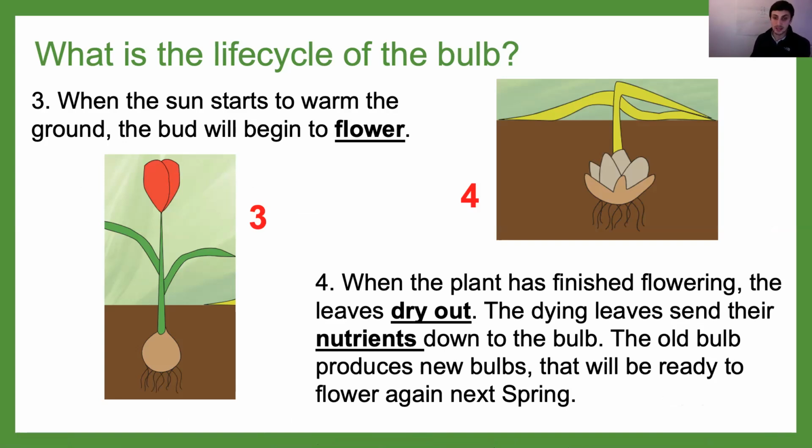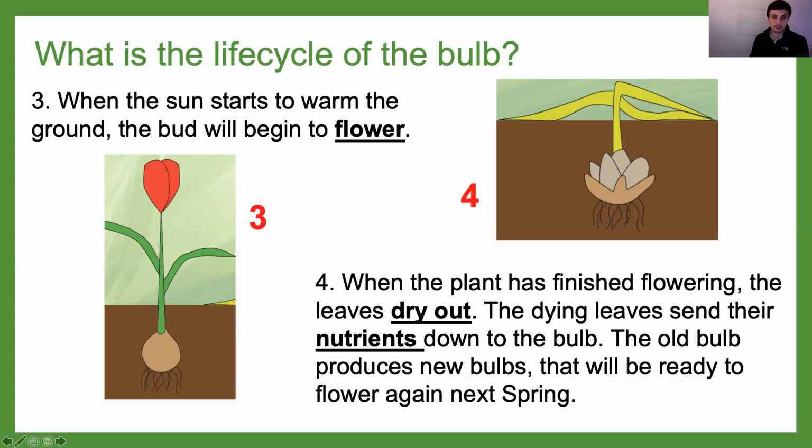The dying leaves send their nutrients back down to the bulb, and the old bulb produces new bulbs that will be ready to flower again next spring. So it kind of recycles itself. It flowers up, and then when it's finished flowering, the leaves dry out and the nutrients are sent back down